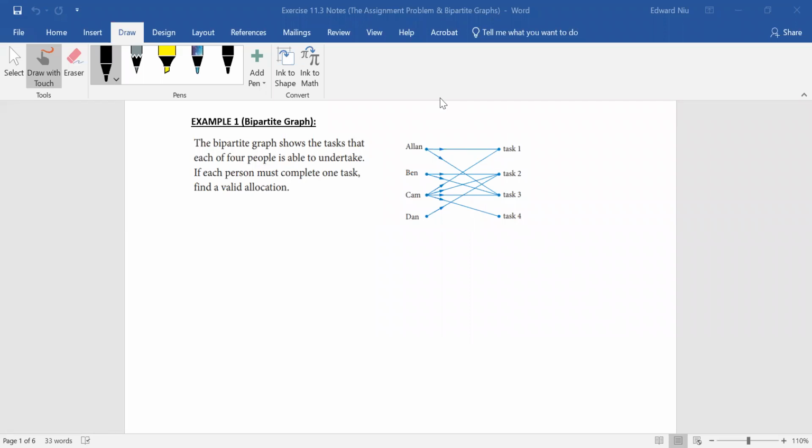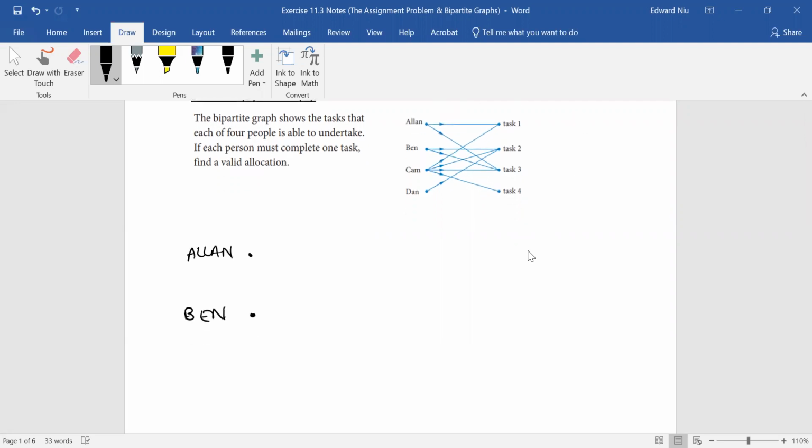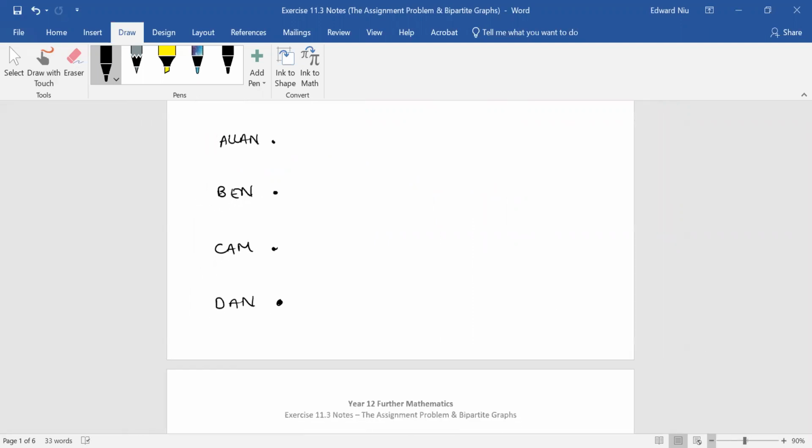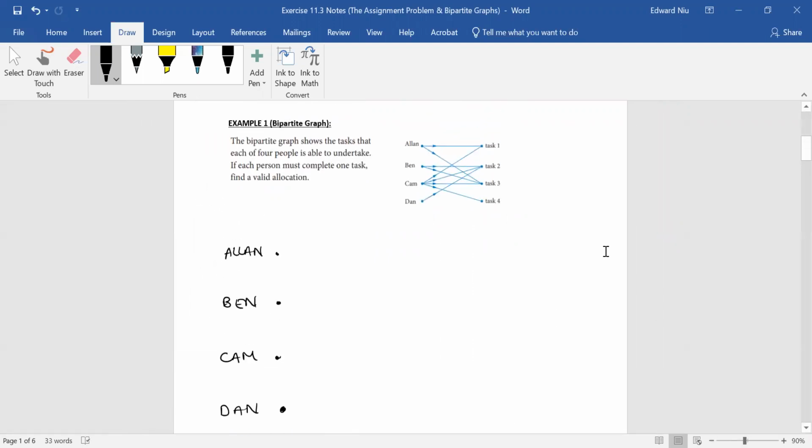So let's keep it in the same order. We got Alan, we got Ben, we have Cam and Dan. It's definitely way too spaced out, but I guess we'll just zoom out a bit. All right, so what we want to do is see who, also the tasks. Let me just draw the tasks. Task 1, task 2,